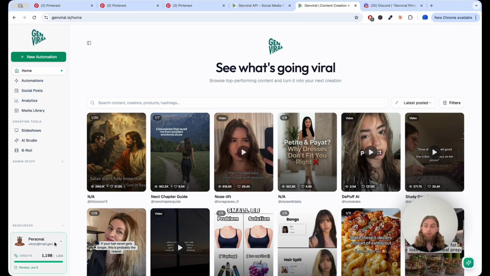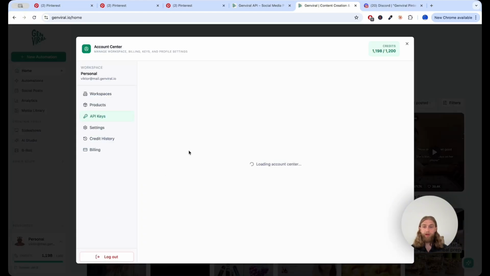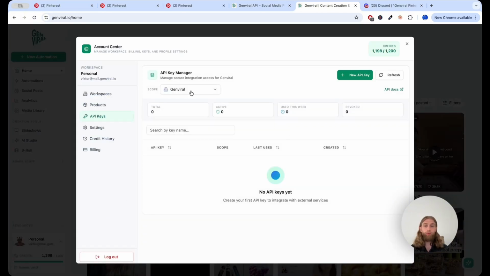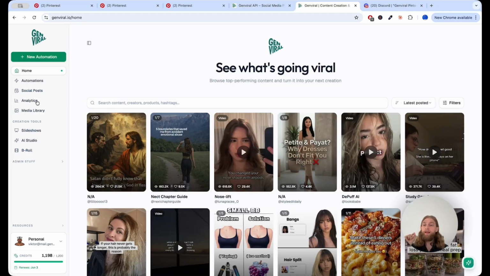And once you're signed up, you need to give it your API key. So basically what you need to do is you go here into the bottom left and API key, and then you create a new API key. So in this case, they're all, or most of them are under my personal workspace. So basically what you need to do is you click on the API key and you feed your agent the API key. The last thing that you need to do is you need to go here into the social post section